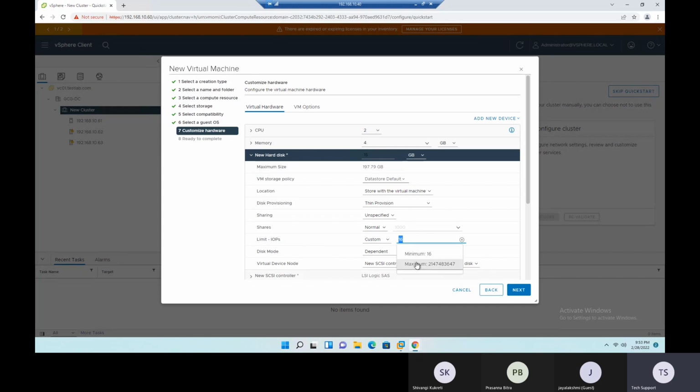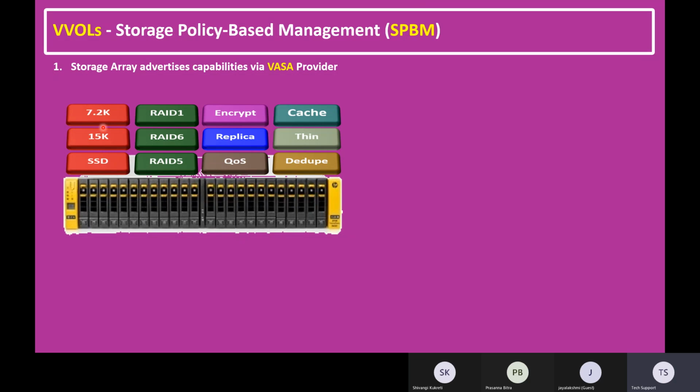So this point only I'm trying to explain from our slide. You can set your IOPS to either 15K IOPS or 7.2K IOPS. That means 7,200 IOPS or 15,000 IOPS. This limit you can set from the virtual machine disk level itself. Okay, and the disk can be either a SCSI hard disk, SATA hard disk, anything you can use. It depends on our available storage container hard disk. So let's say this is the